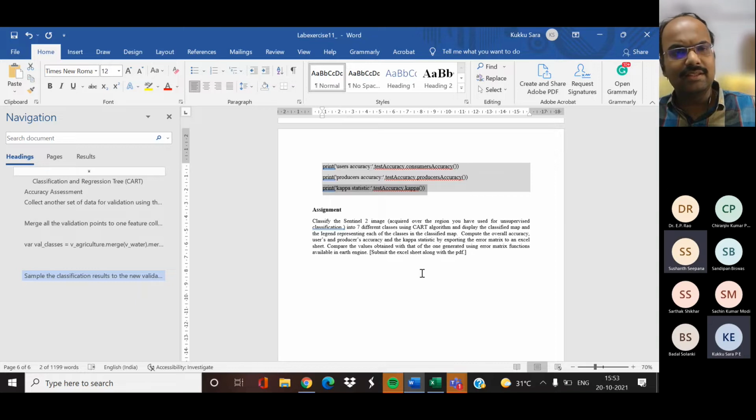Sir, I have a doubt. Whenever classifying into 7 classes, last time also for the last assignment, after classification there are many wrongly classified pixels, and most of the built-up areas will also go into barren land because of the same reflectance.